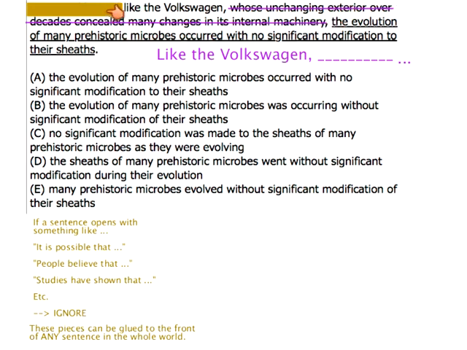Because this part is totally irrelevant as far as the sentence structure goes, whereas the purple cross out is irrelevant as far as overall structure, but it does contribute. Obviously it contributes to the meaning of the sentence. So, okay. But the Volkswagen is not like the sheets, because the sheets are more like the exterior of